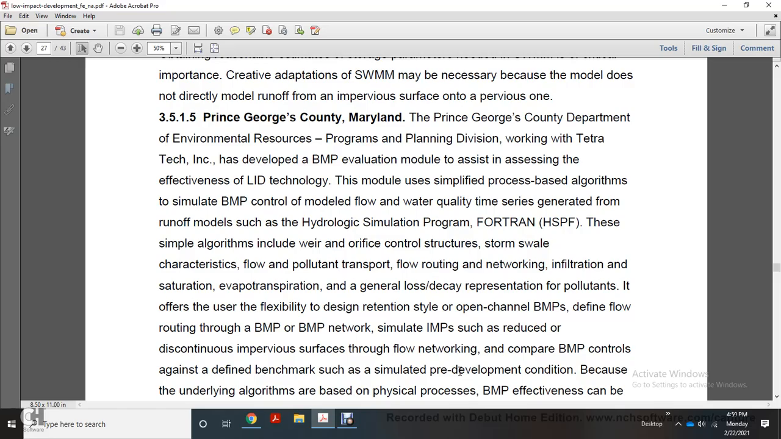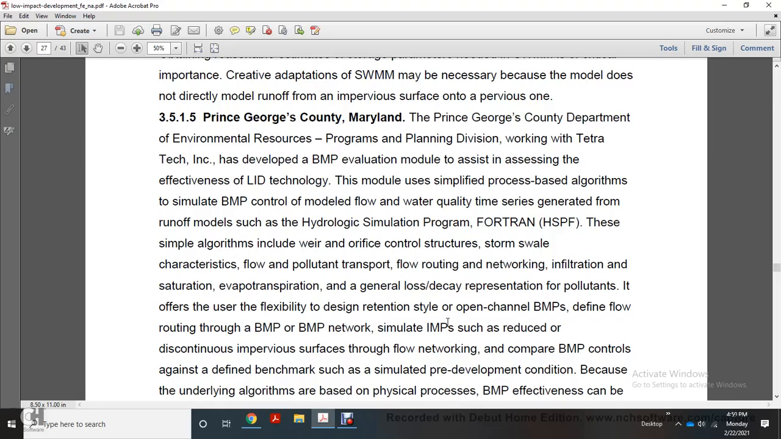the Hydrological Simulation Program Fortran, HSPF. These simple algorithms include weir and orifice control structures, the normal swale character of the flow, pollutant transport, flow routing, networking, infiltration, saturation, evapotranspiration, general loss, and decay representation for pollutants. It offers you the flexibility of designing retention style with an open channel best management practice, defining flow running through a best management practice